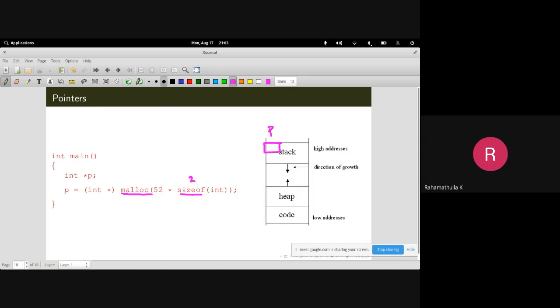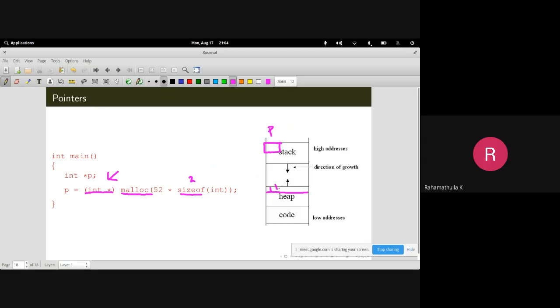So it is going to reserve space for 52 integers inside this p, and it will be returning an integer pointer. It will be typecasted as an integer pointer which is pointing to 52 integers, and these 52 integers are here.